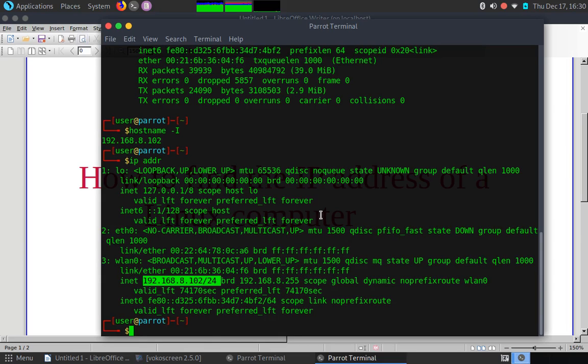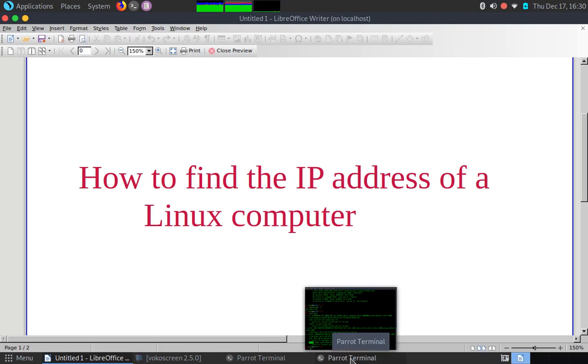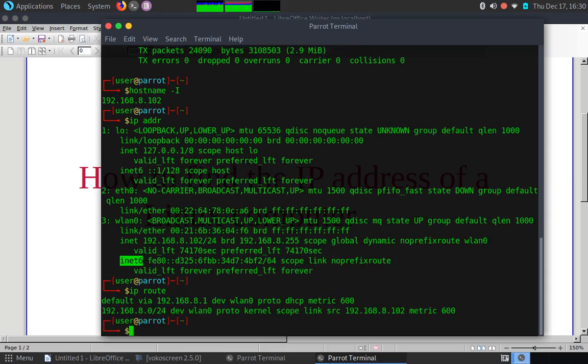8 times 3, 24. INET 6, which is the IP address version 6, is the same as what we saw before. Once again, we are trying to look at how to find the IP address of a Linux PC. We have seen 3. Let's look at the 4th one, which is the IP route. IP route simply does this. It prints out your IP address, the IP address of your machine, which is the same as what we've been saying, plus